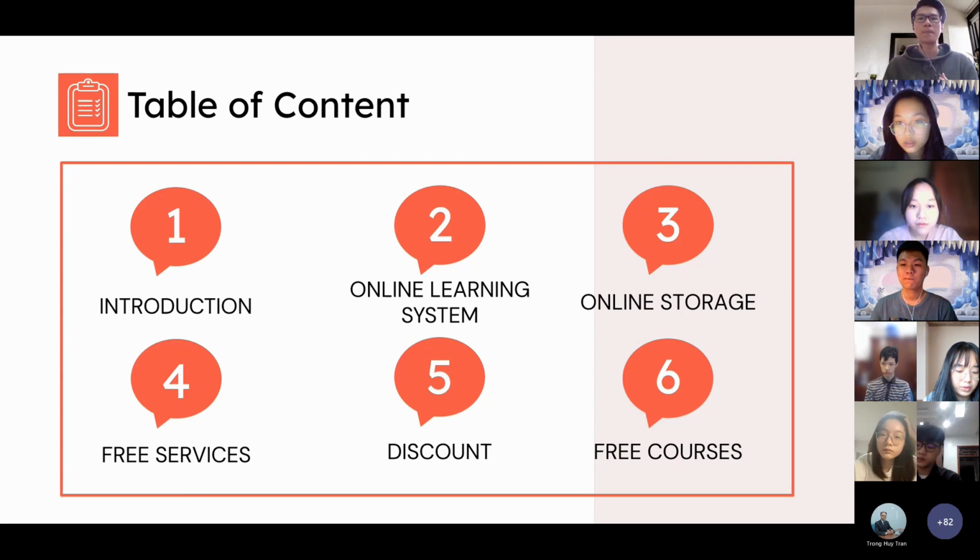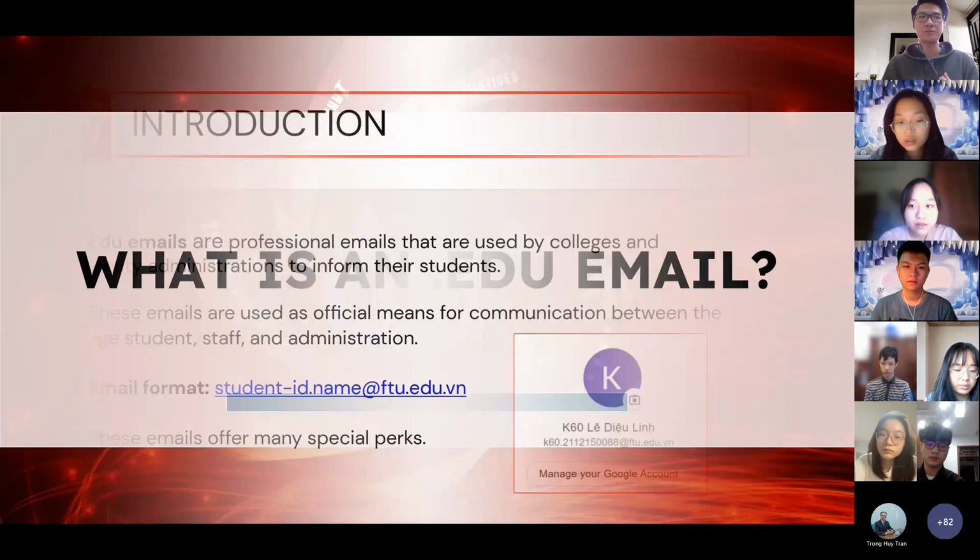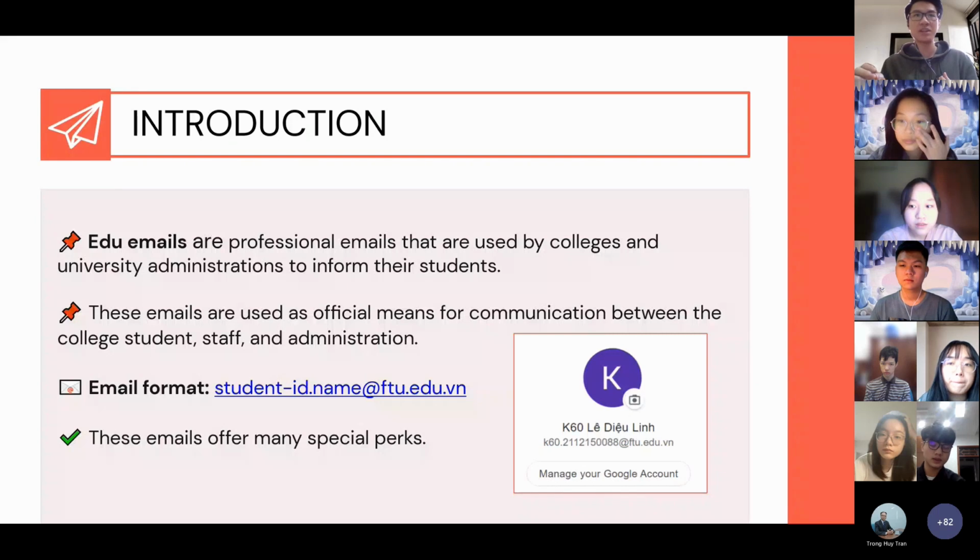of Education Email. So what is an education email? When you become a student of a particular university or college, you will have an education email account. For instance, in our specific case, we have an email name with our student ID, our name, and at fdu.edu.vn. First and foremost, this email is an official way to communicate with all staff and lecturers in Foreign Trade University, and it also looks way more professional than a normal personal Gmail, which can be really helpful if you're seeking professionalism. Furthermore, this edu email account accompanies numerous significant benefits that are available for students, such as